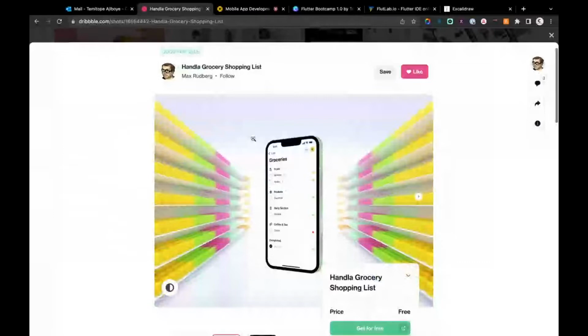Okay, so let's go to Dribbble. And we want to see, I'm liking this UI. We may not do exactly like this, but